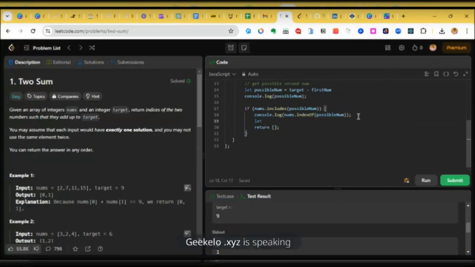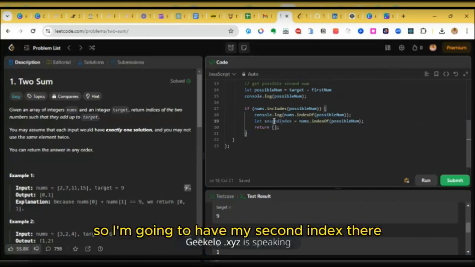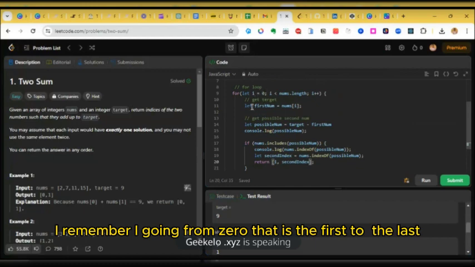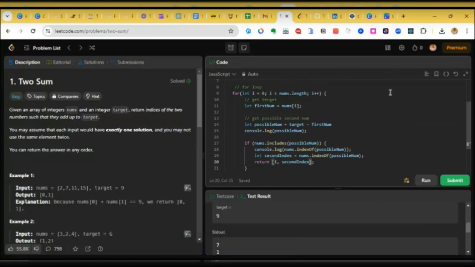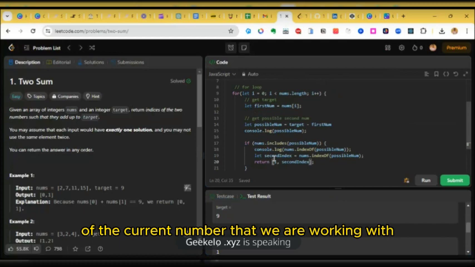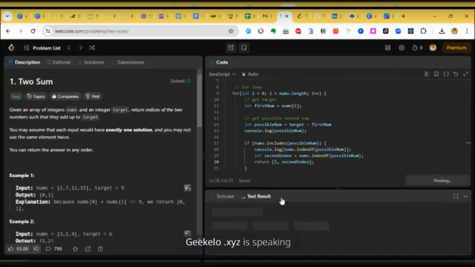Let secondIndex equal this. So I'm going to have my second index there and my first index as i. Remember, i is going from 0, that is the first, to the last. It goes sequentially, and i is the very spot we are at on the array. So i is the representation of the index of the current number that we are working with. So if I should hit run,